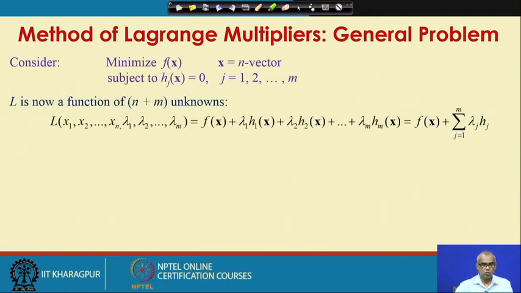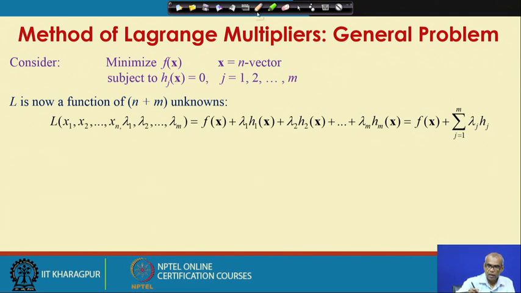Now the Lagrangian function will have n plus m unknowns, n variables and m Lagrange multipliers. Why? Because you have m number of equality constraints. Each equality constraint will be associated with one Lagrange multiplier. So, m Lagrange multipliers and n variables. So, the Lagrangian will be a function of n plus m unknowns,